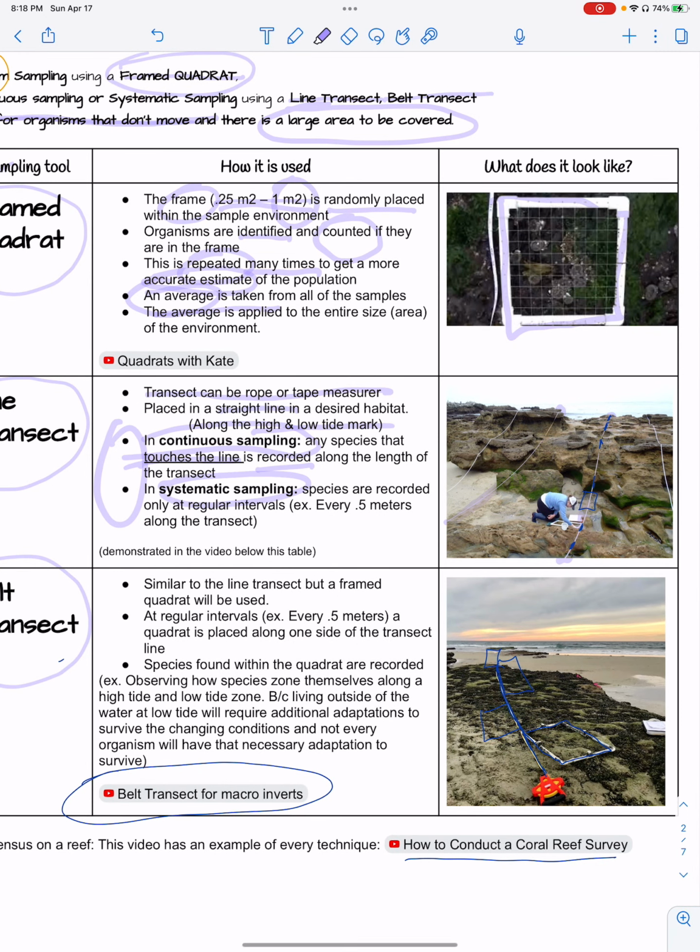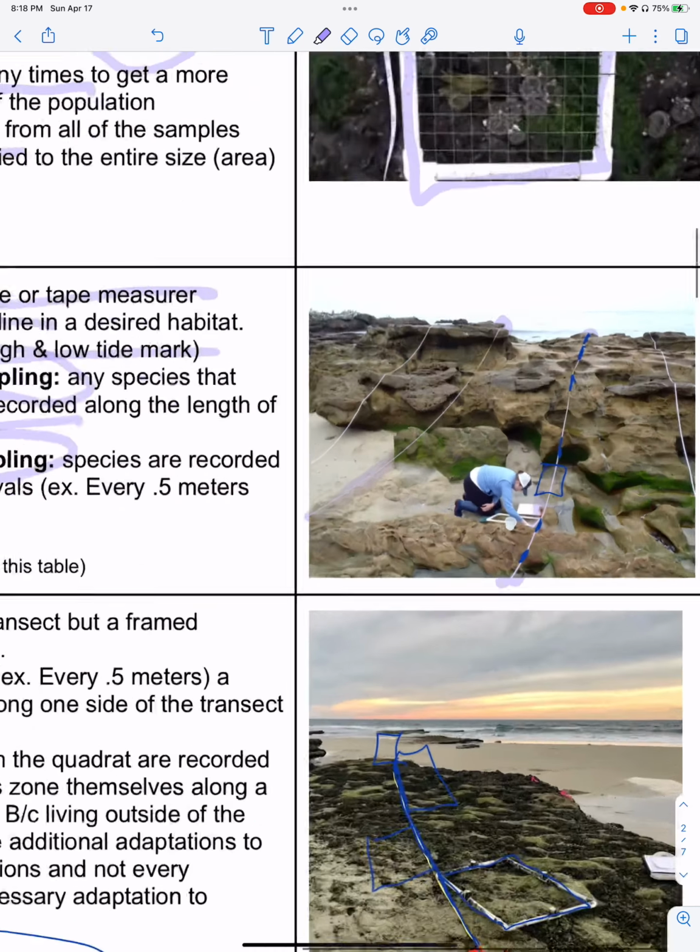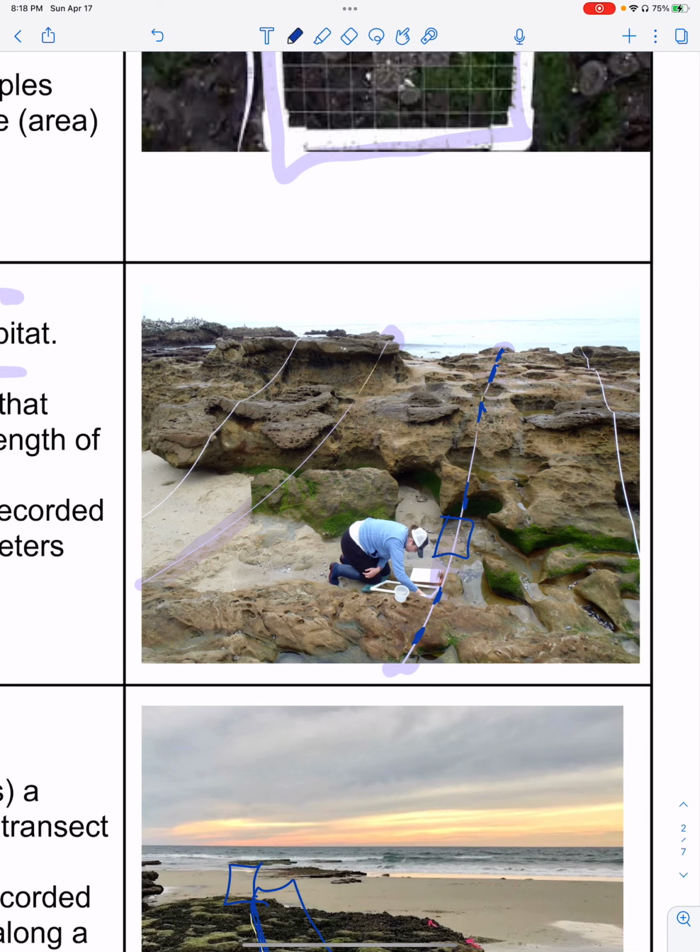Systematic sampling is where you're doing regular intervals, like in a system. It's non-continuous. So perhaps I'm only going to count organisms that are occurring every half meter. So here would be a half meter. Here's a half meter. Here's a half meter. And so you're only going to look right here, right here, right here, right here, and you'll go along the